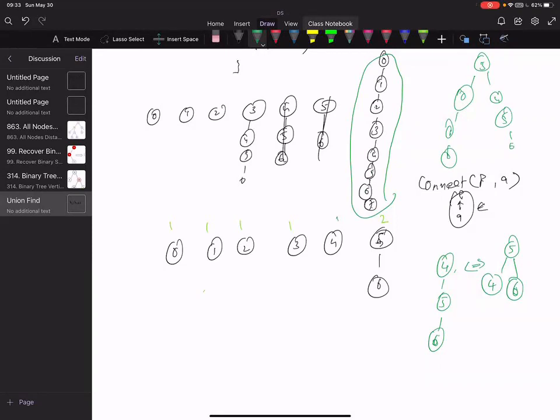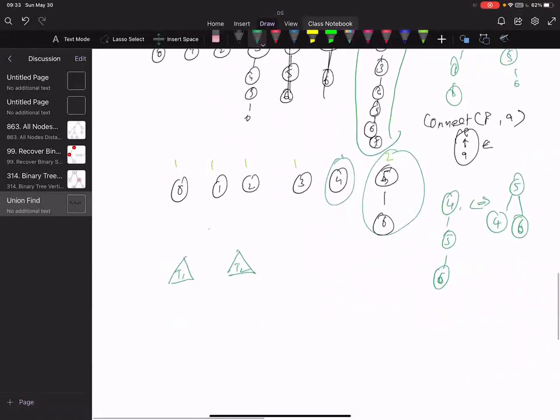Suppose there are basically 2 trees, T1 and T2. We can just call it a tree. So this is one tree and this is another tree. Now I have a choice that T1 can be a child of T2 or T2 can be a child of T1. That depends on the size. If T1 is bigger, then T2 will become the child. If T2 is bigger than T1, T1 becomes the child.